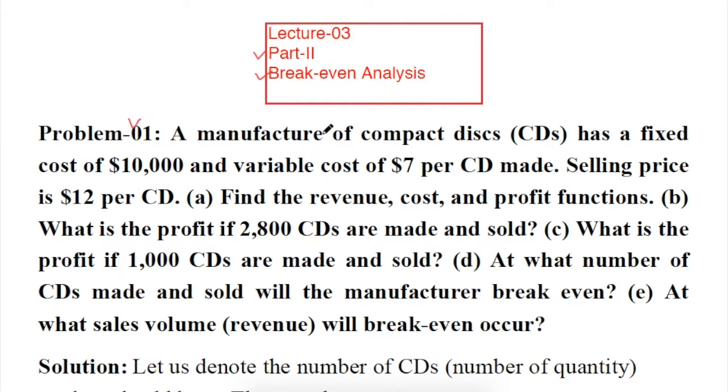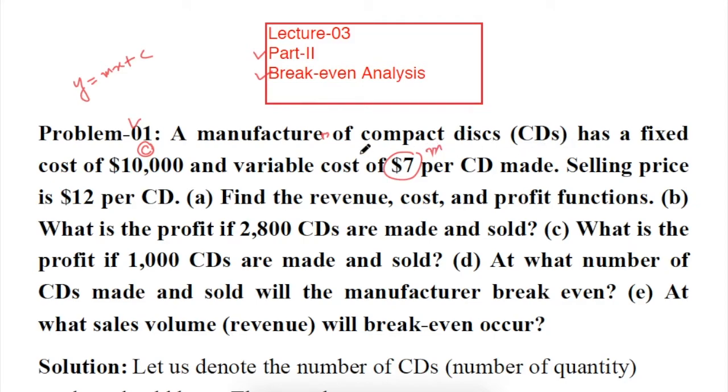A manufacturer of compact discs has a fixed cost of $10,000. So this is the fixed cost. This will be our c in the cost function, because in our cost function we know y equals mx plus c. So this c is the fixed cost, and the variable cost per CD is $7. So this is the variable cost per CD, that will be m in the cost function,